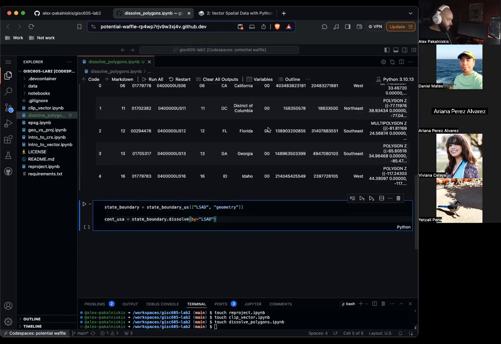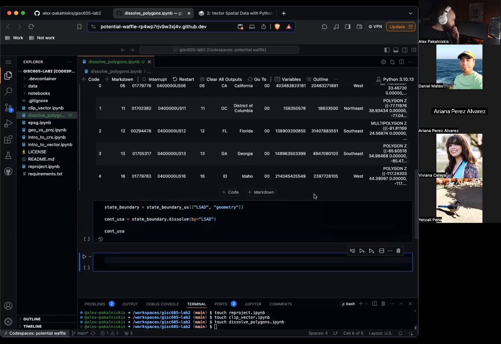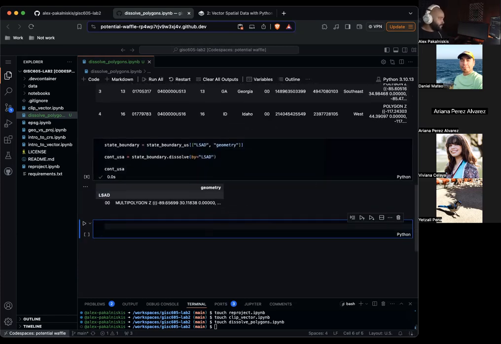Let's see what happens when we try that. Cont USA. So a single multi-polygon entry. So let's try to plot this.